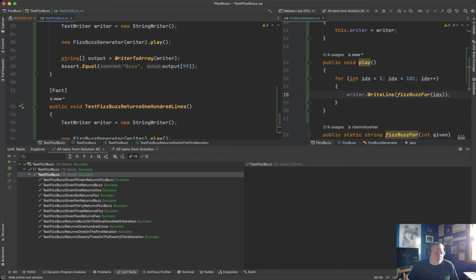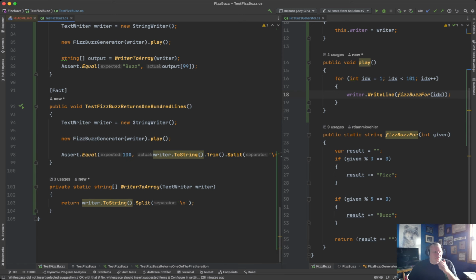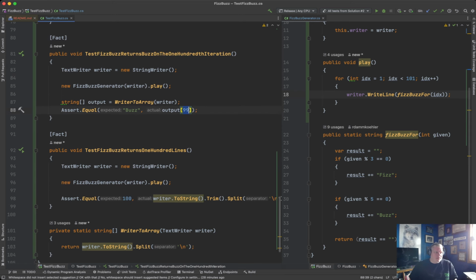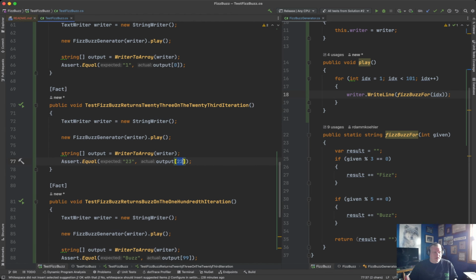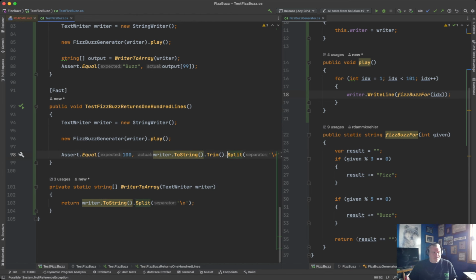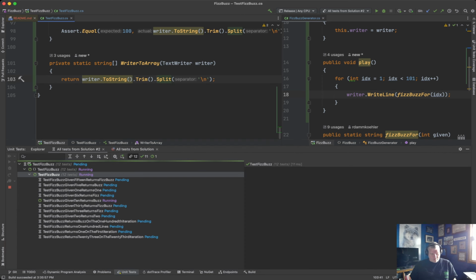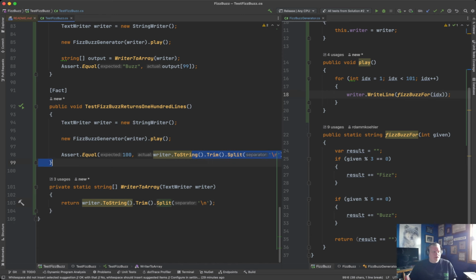Now, here's the thing that's interesting to observe. We have these other tests about the 99th element and the 22nd element and the 0th element. But we still have this separate thing here, this separate "turn me into an array." Could we put that trim here? Do all the tests still pass? Because if we could, they do. So if we could, and we can, then we can take this bit out